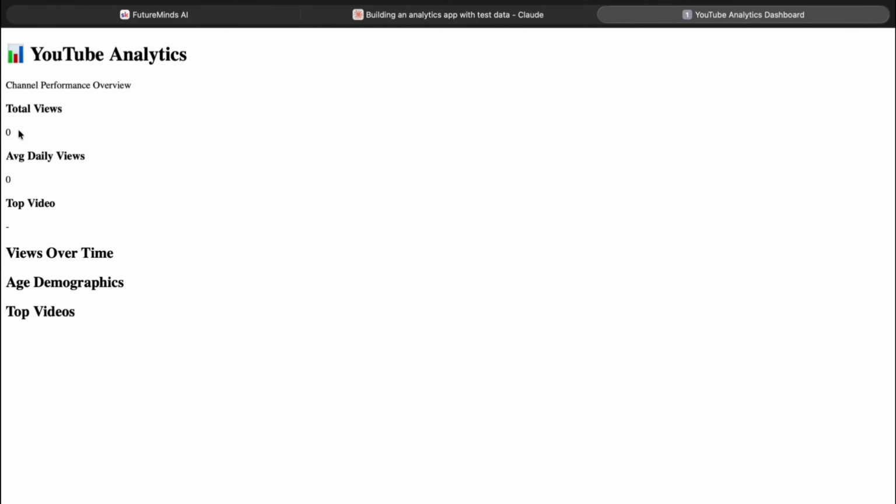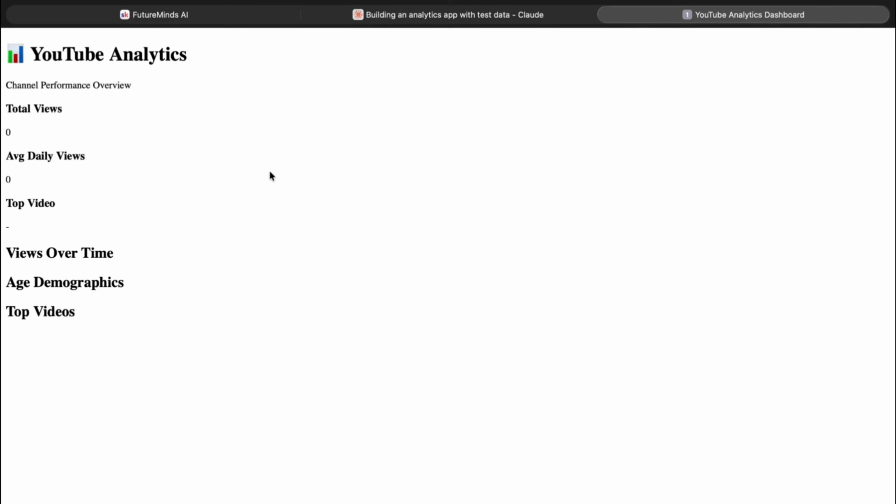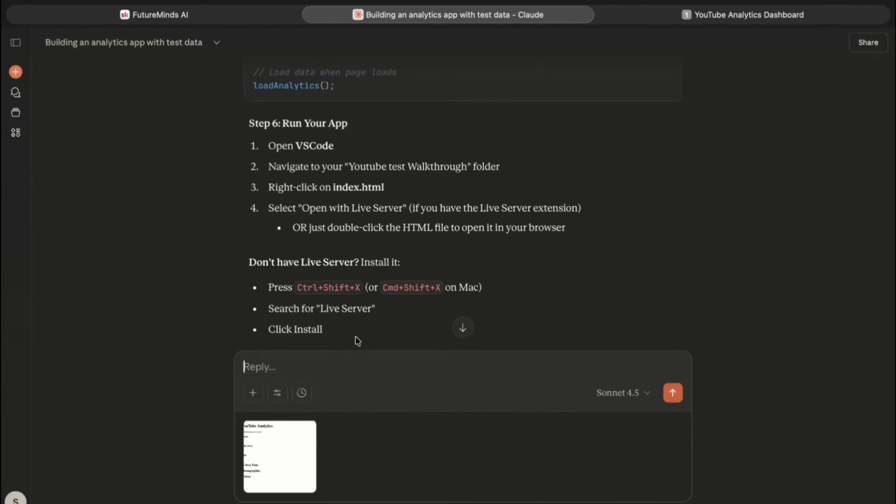Okay, so now we have the very basic analytics app or website. Does this look good? No, this looks terrible. Okay, this looks terrible, but we see we have something, we have some page. So what I'm going to do is, all right, so what we can do is we can just take a screenshot of this, go to Vault, and say